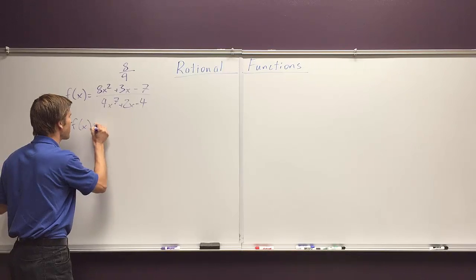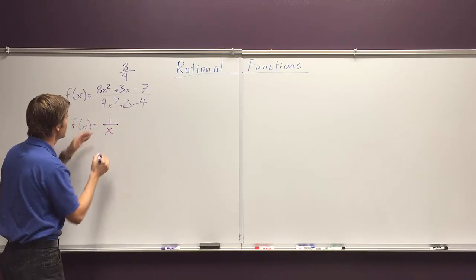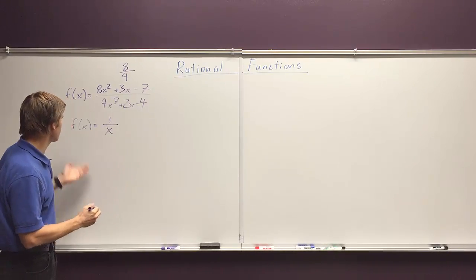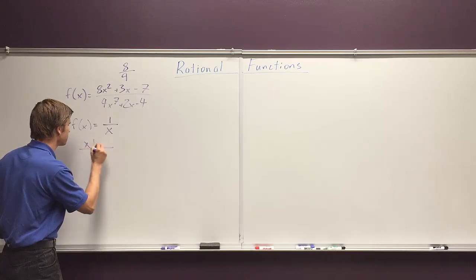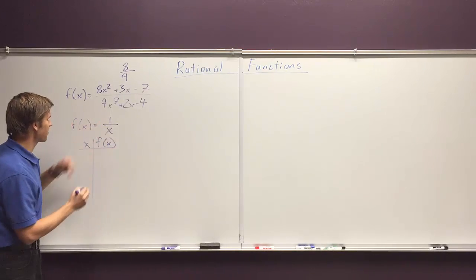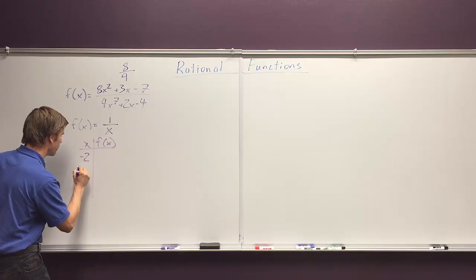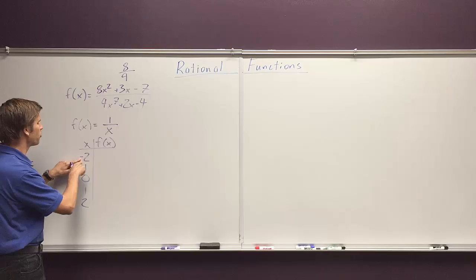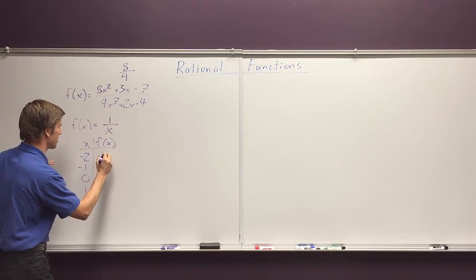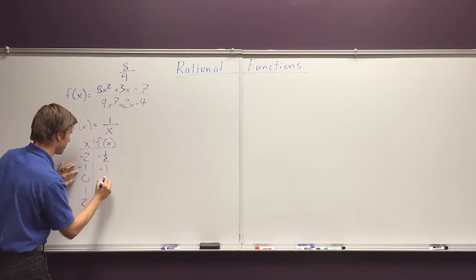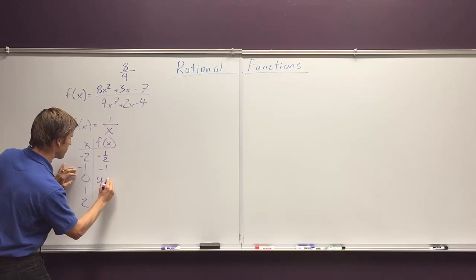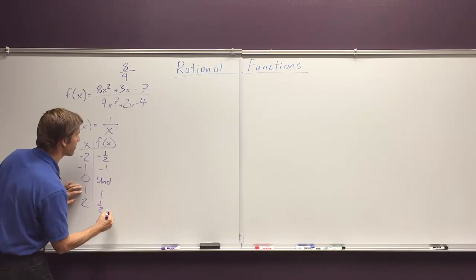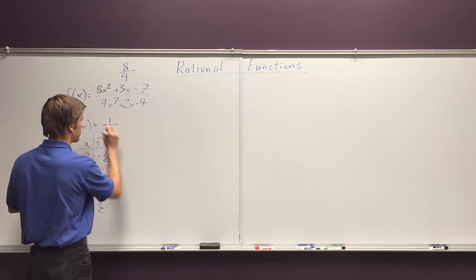So how about f of x equals 1 over x? Technically 1 and x are both polynomials, so this is fairly simple. Now you could make a table for this. And the nice thing about this is your table values would be fairly simple. If you put in a -2 here, you get a -1/2, -1. Here, notice you get something undefined, then here you get 1 and 1/2. So if you were going to plot this,